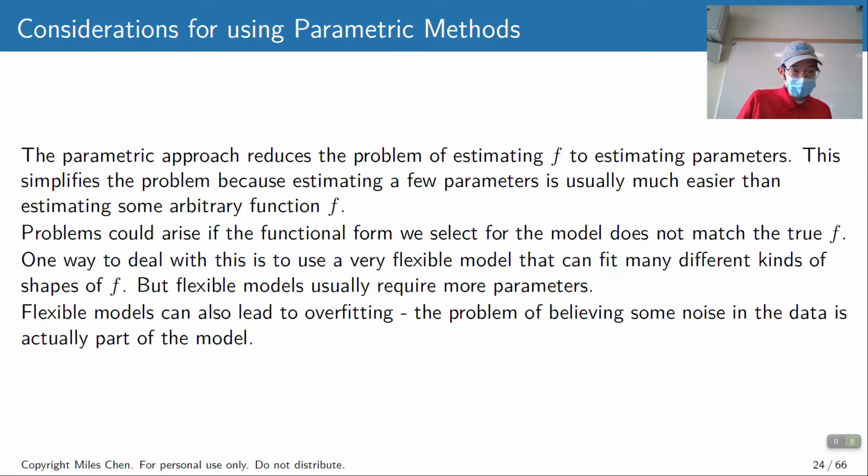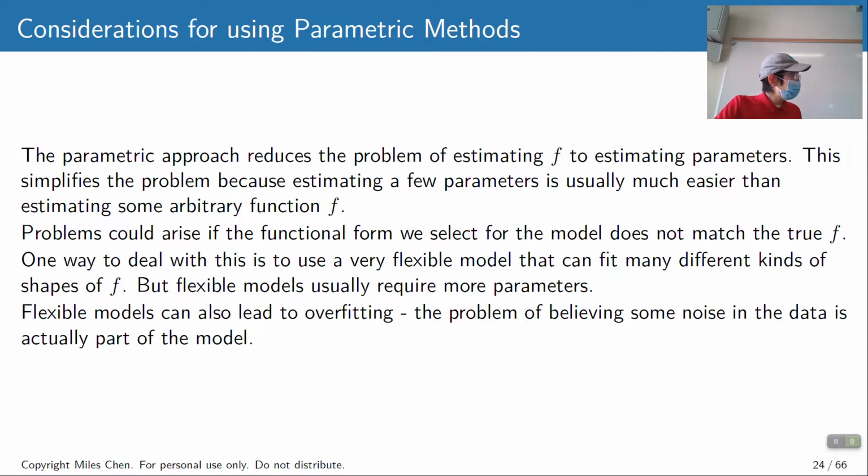So, as far as parametric models, the whole problem has been reduced to estimating what those parameters are, okay? And that makes the problem a lot easier, because usually in a parametric model you might have, say, 7 different parameters to estimate, maybe 20, okay? But basically you just have some set number of things to estimate, and that's usually a simpler idea than trying to come up with something totally novel and unusual.